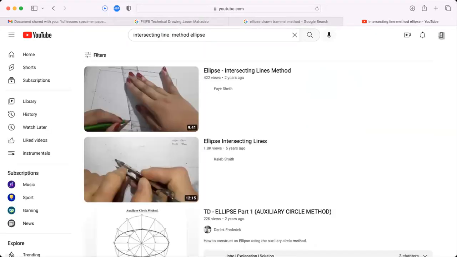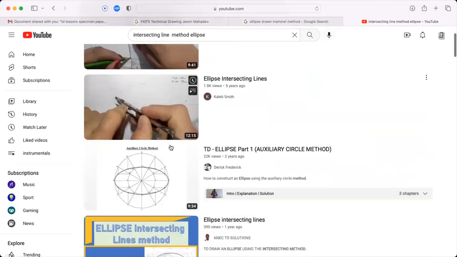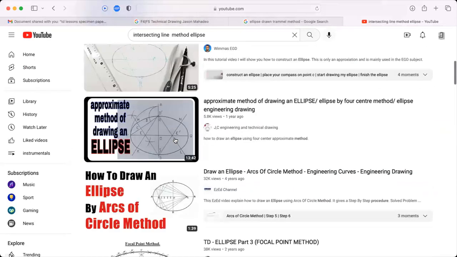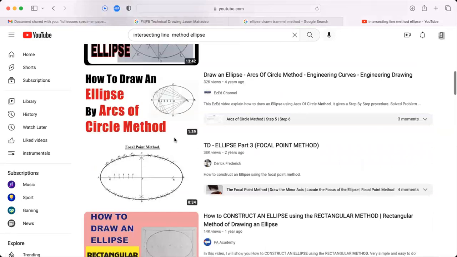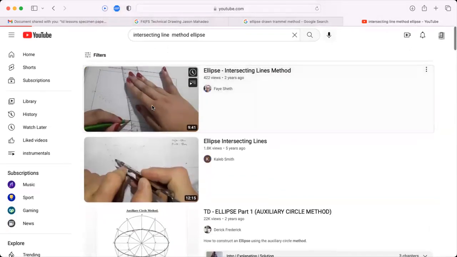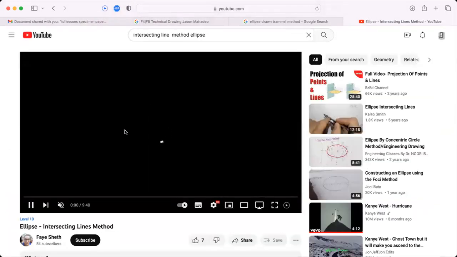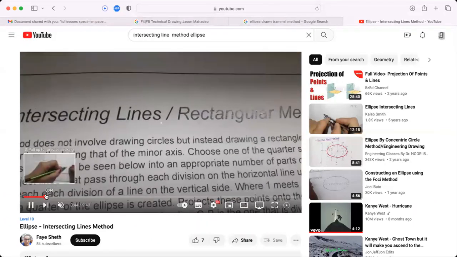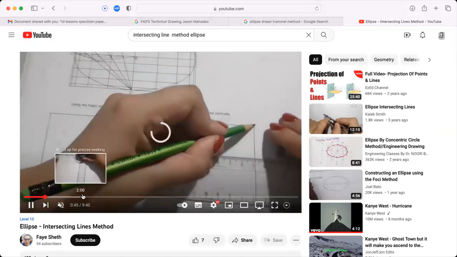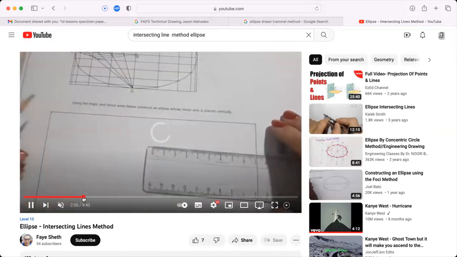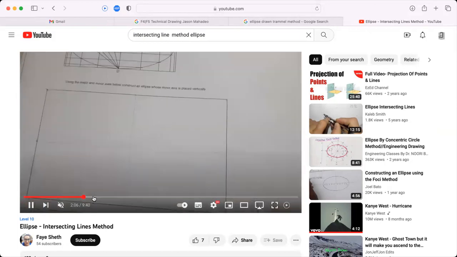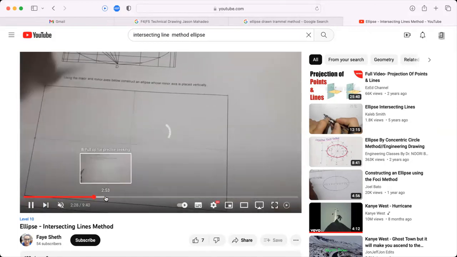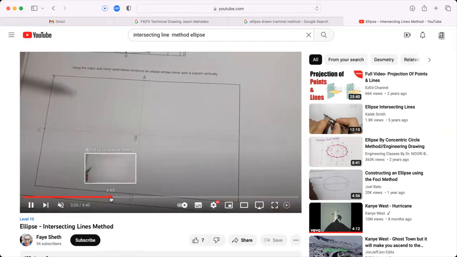This intersecting line method is a little more, it's like a rectangular method as well. Look at it here. Very long video. Let me see. So this method, I believe, is also called the rectangle method. So you draw a rectangle and you divide it up into lines and